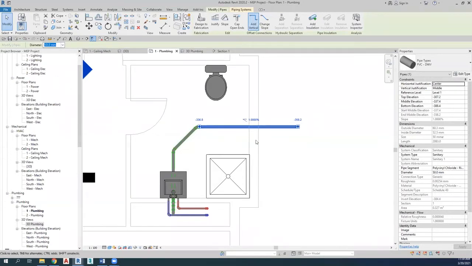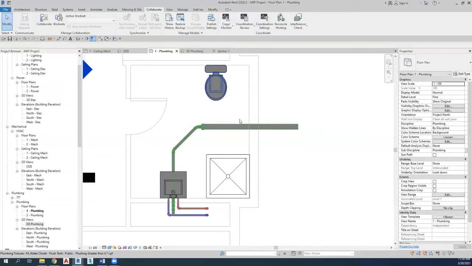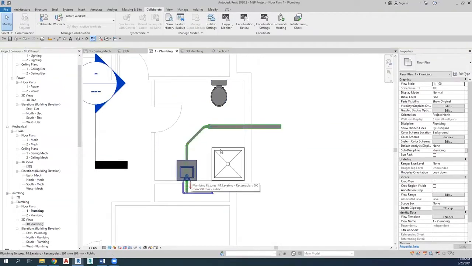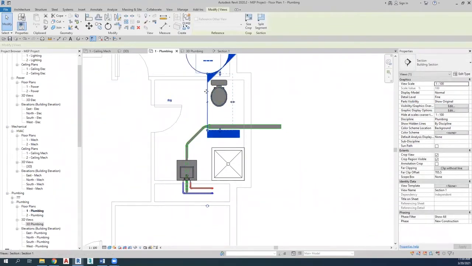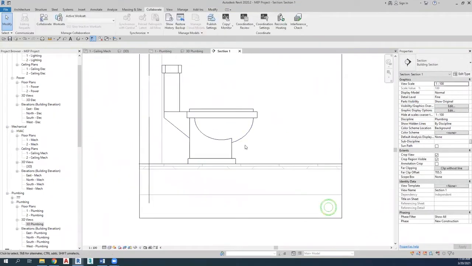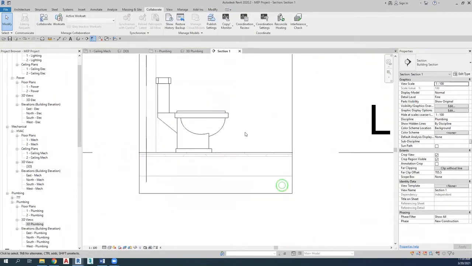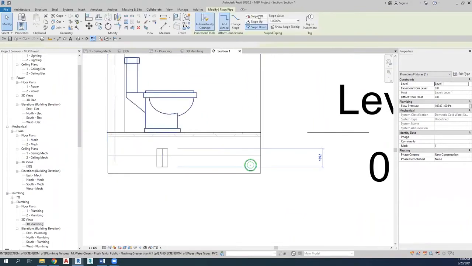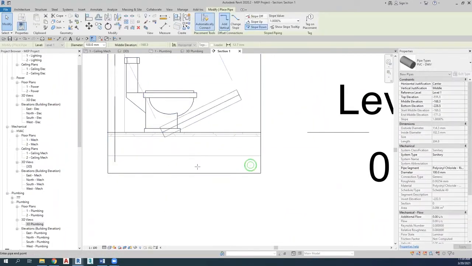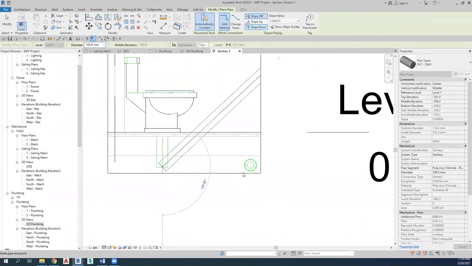Having finished both the lavatory connectors and the slopes, we are now going to switch to creating the pipe related to the water closet. First, we need to move the section as shown. Then open the section again. Now, we can clearly see the water closet. After clicking on it,